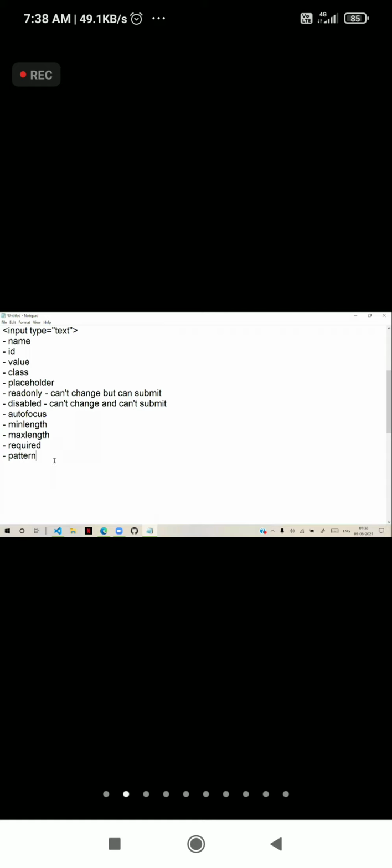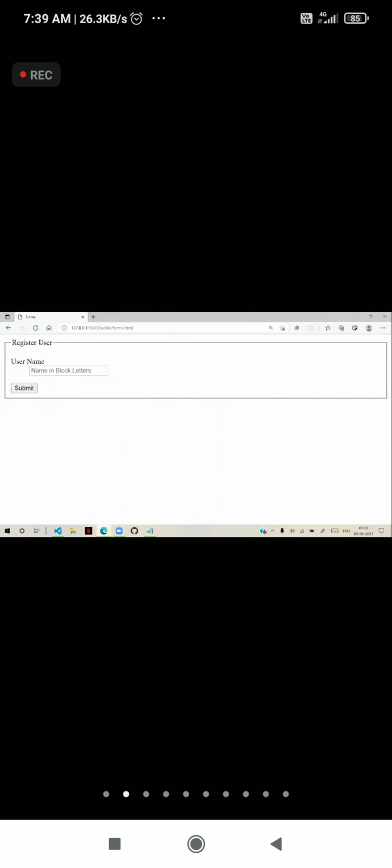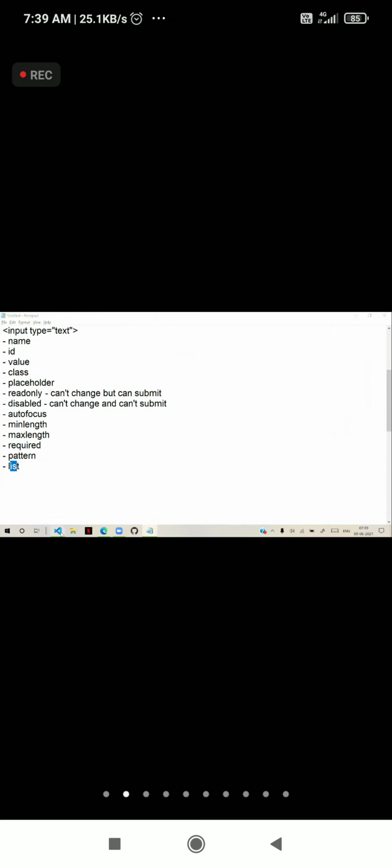So technically, text can have all these attributes. Another important attribute is the list attribute. List is used for data list. In order to use list, we need to use a data list. Actual list is nothing but, suppose when a user is typing something, so I will give,